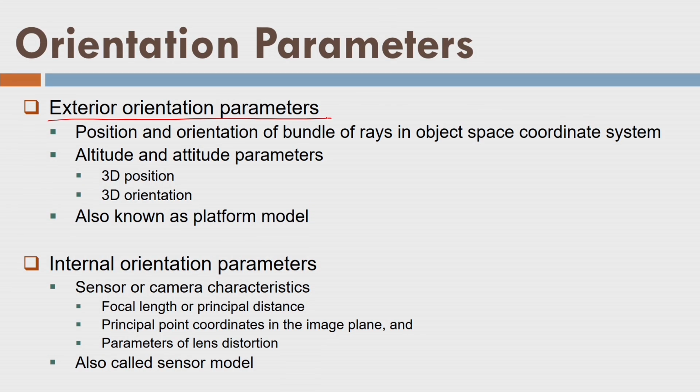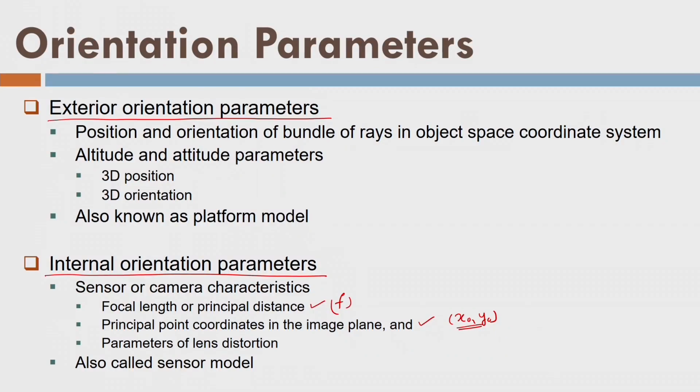If you remember, we have done some rotations and some translations. So, I call them exterior orientation parameters, and then we have interior orientation parameters. Let us call the interior orientation parameters first. If I know the focal length or the principal distance, principal point coordinates x0, y0, focal length f, and parameters of lens distortion, I can find out the relationship of the image in the image coordinate system.